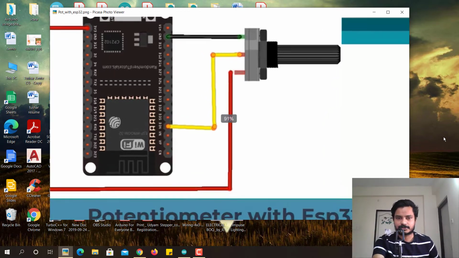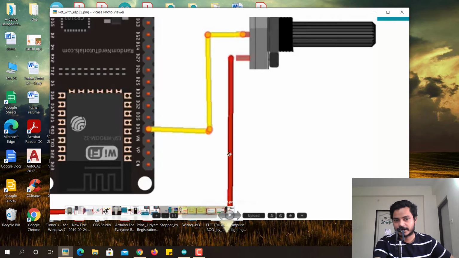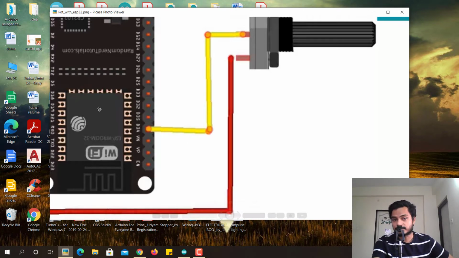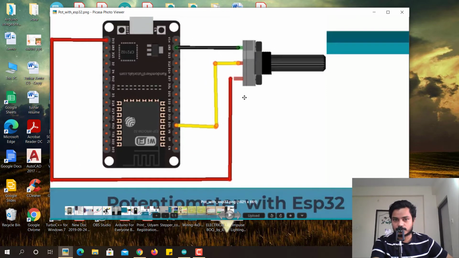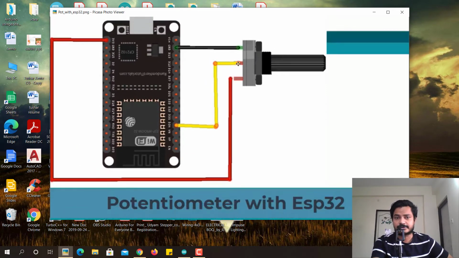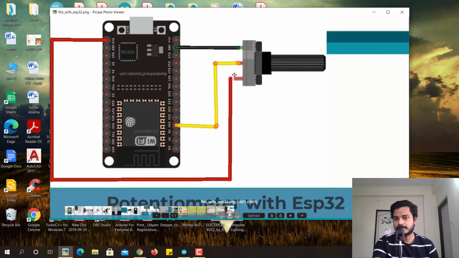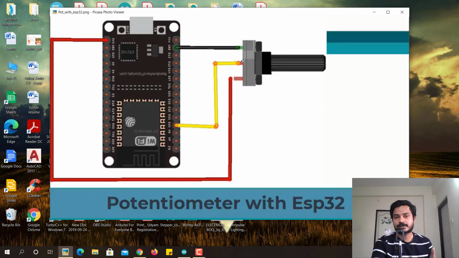In the diagram you can see that output of the potentiometer I have connected to the 34 pin of the ESP32 board, right? And the terminal 1 and terminal 2 is connected to the ground and the power pin of the ESP32 board. So here ESP32 board has 3V3, so it's connected to the one terminal of the potentiometer and the another terminal is connected to the ground, and the variable terminal, that is the middle terminal, is connected to the analog pin of the ESP32 board, that is pin number 34.